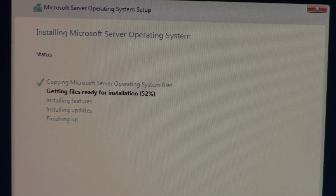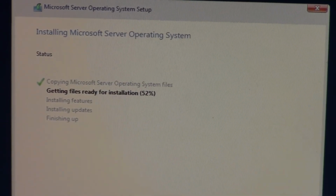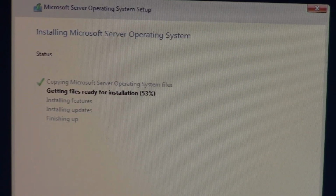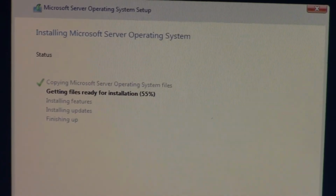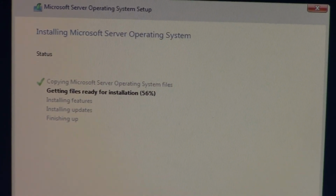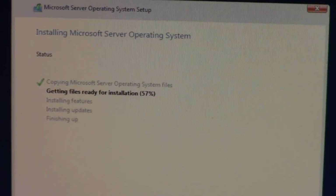I would like to start setting up stuff like FTP server and IIS, but for right now, I think this is going to be my new primary domain controller. That won't be in tonight's video. I don't know if it's worth showing me promoting this to a domain controller and setting up AD and all that good stuff and DNS, DHCP. But to be honest, I'd rather just get the basics done tonight, at least get the operating system installed,